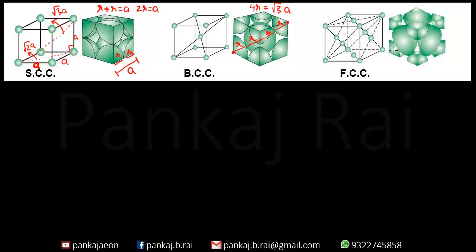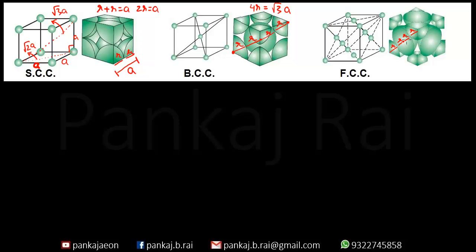This atom and this atom are connected by this atom. Okay, so let us concentrate here. This is the radius of the corner atom. Similarly, this is the radius of the corner atom. Let's say this is the center of the atom at the face center. So this is its one radius and this is its another radius.